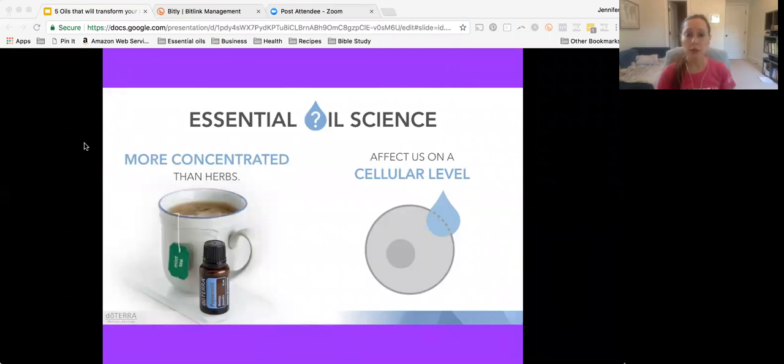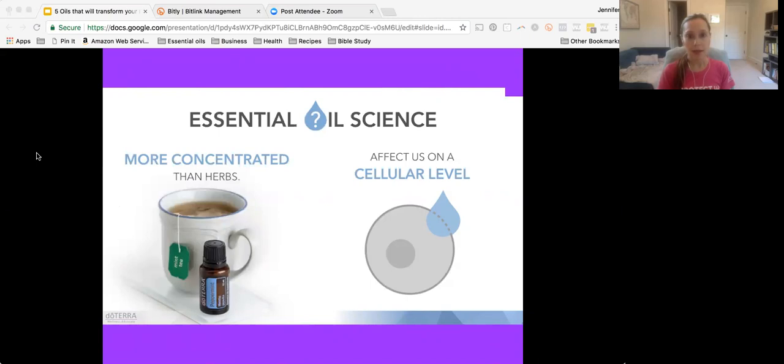Essential oils also affect you on a cellular level. This is another thing that is really important to me, addressing the body and addressing issues at the root cause. And essential oils do that. They have the ability to actually penetrate a cell membrane, and not many things can actually do that. The reason this is important is because threats in the body can exist both inside of a cell and outside of a cell, and essential oils can address both. Knowing that essential oils affect you at a cellular level and can even penetrate a cell membrane is quite powerful. Just knowing that they can truly address root cause issues.